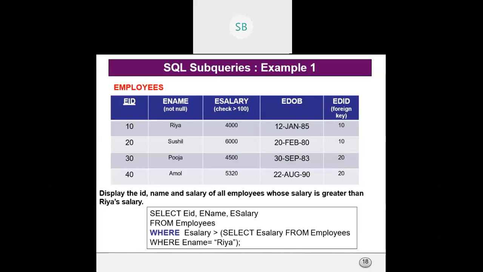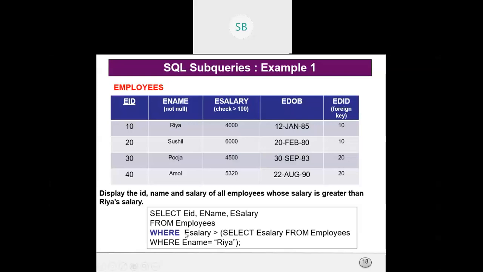Now we have to find the ID, name and salary of employees whose salary is greater than Ria's salary. If you want to do it in a simple query, it won't be possible.